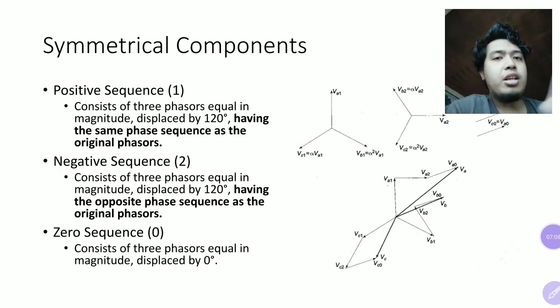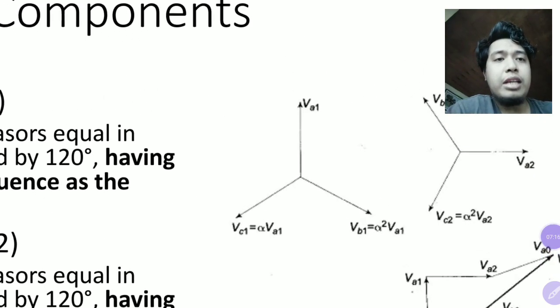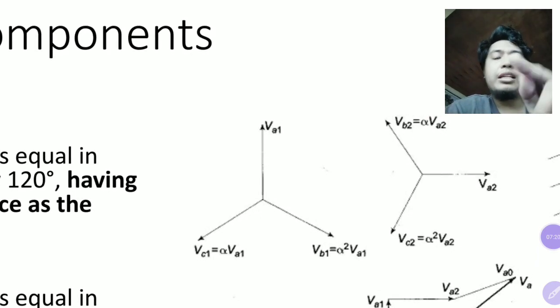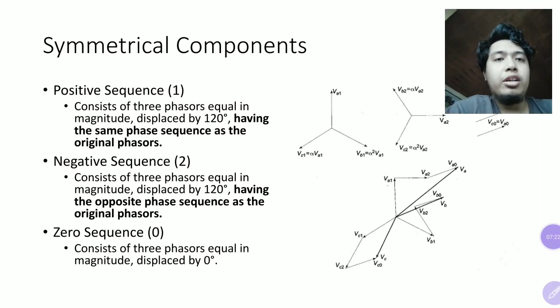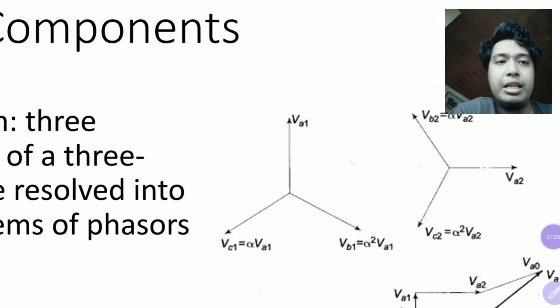So if the original phasor is ABC sequence, therefore the positive sequence symmetrical component is also ABC. That's why in this diagram, you have A1 leading B1, B1 leading C1. So if instead